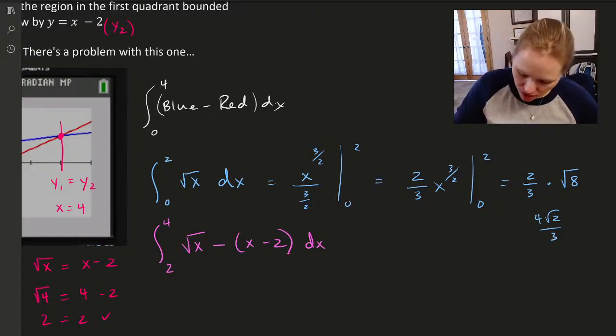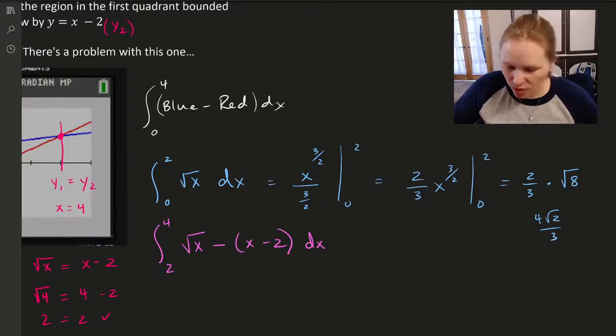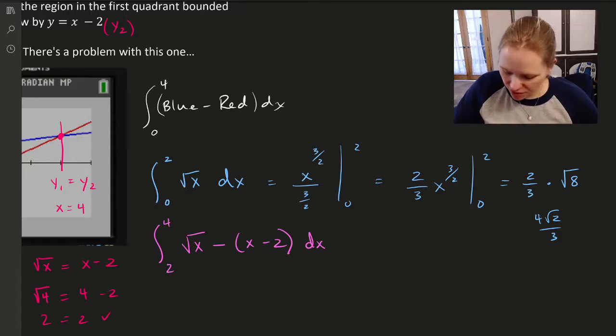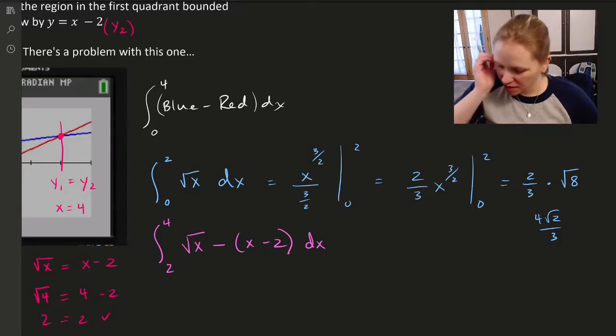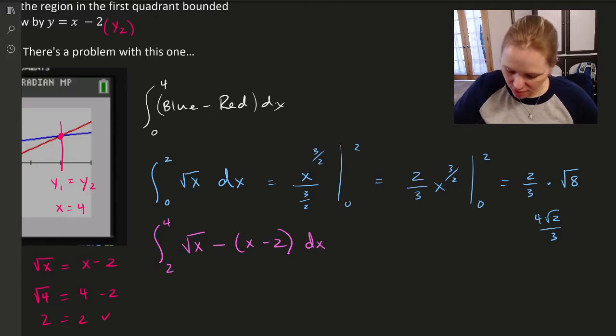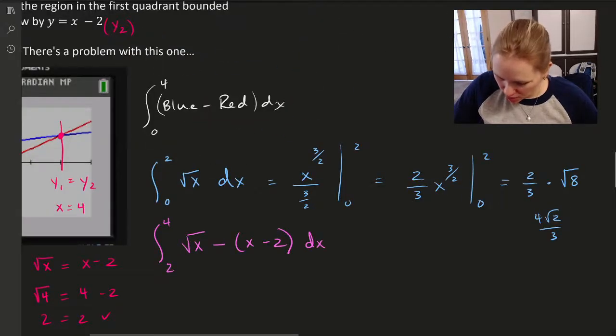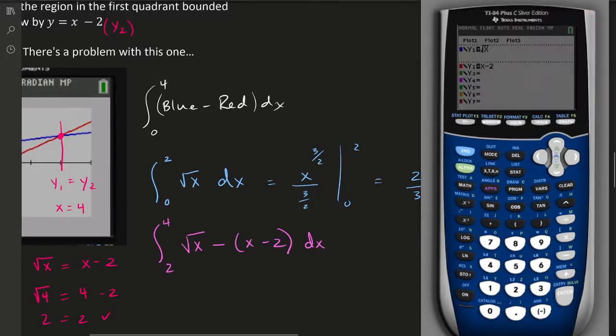And then when I evaluate this one, I'll go ahead and use a calculator just to save a little bit of time. The antiderivative would basically be this, essentially, plus a couple other things. And we'd evaluate that from 2 to 4. And I can already tell this is going to become a little bit longer than maybe what I want to do by hand. So let's go ahead and make that adjustment. Here's y1, here's y2, and